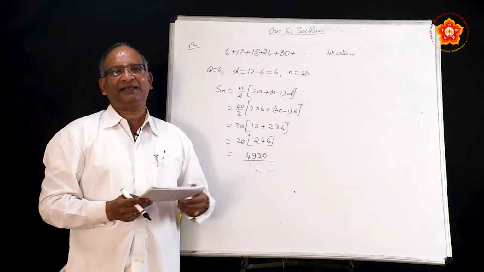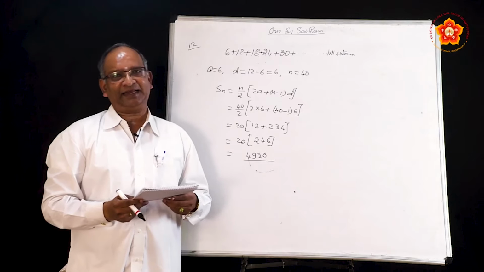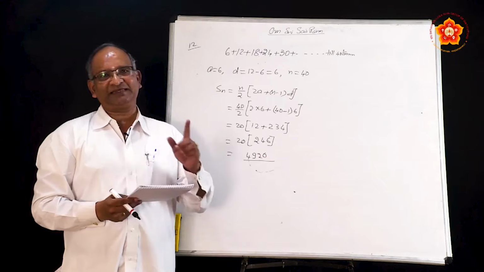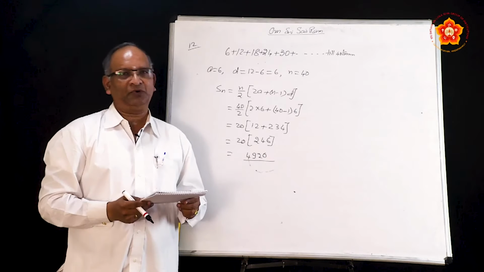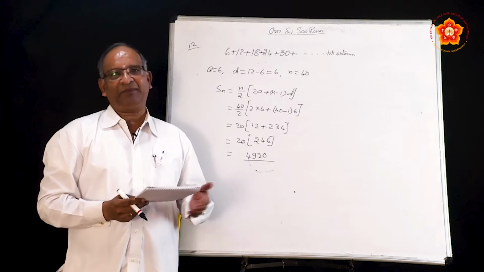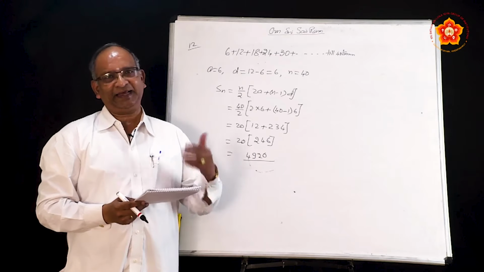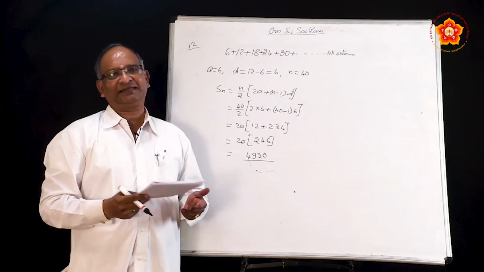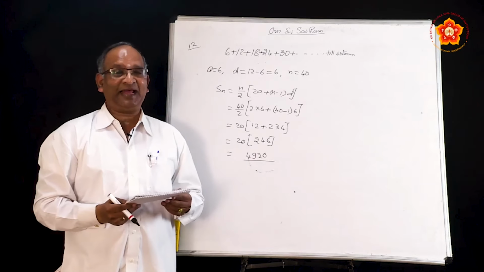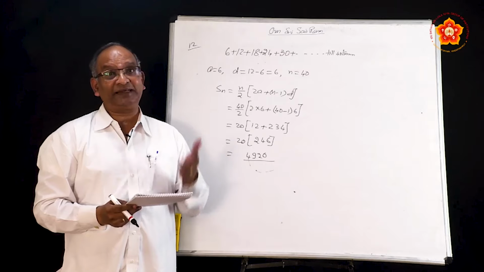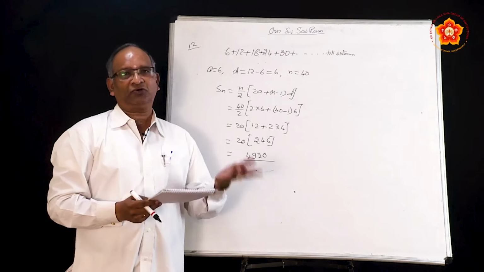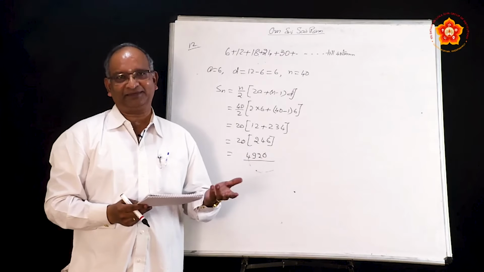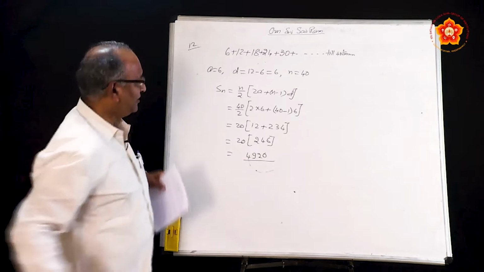So a contract is signed saying that if the work is delayed, per day he has to pay a penalty. If the work is delayed by 1 day, he has to pay 200 rupees. If it is delayed by 2 days, second day he has to pay 250 rupees. Third day he has to pay 300 rupees, etc. This person happens to delay the work for 30 long days. So the question is, how much money does he need to pay as penalty? So let us have a look.